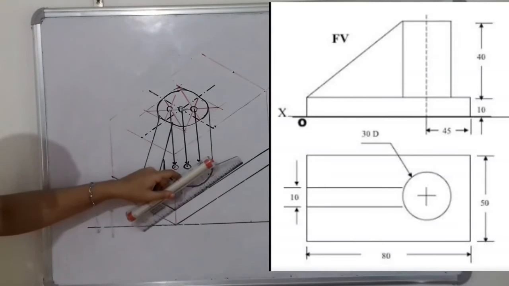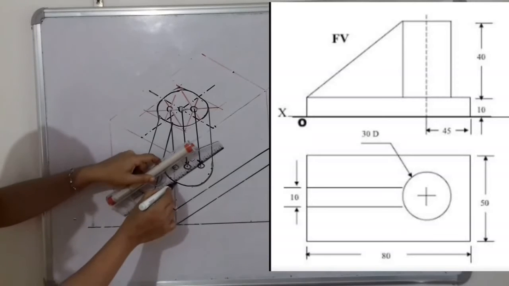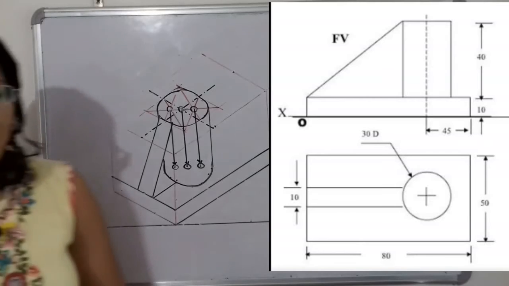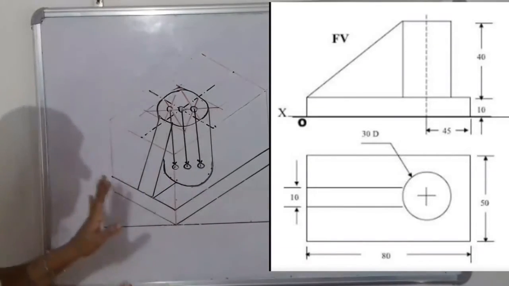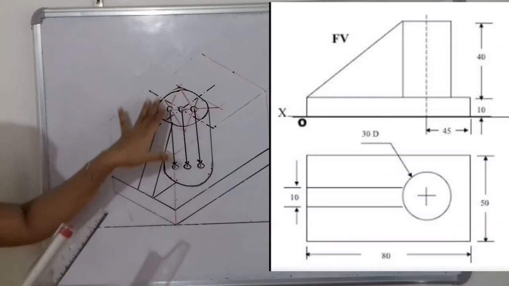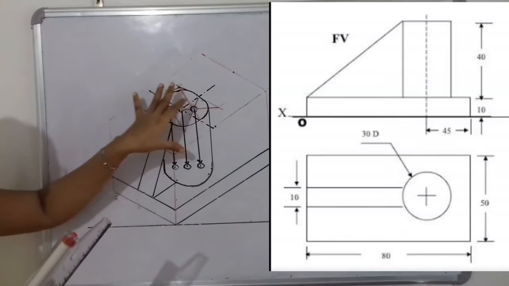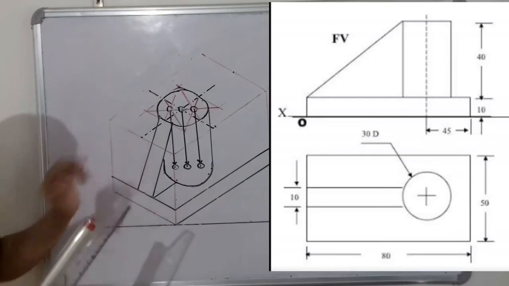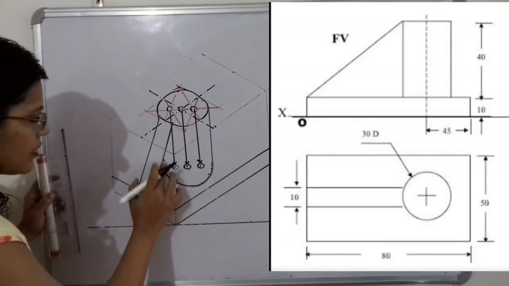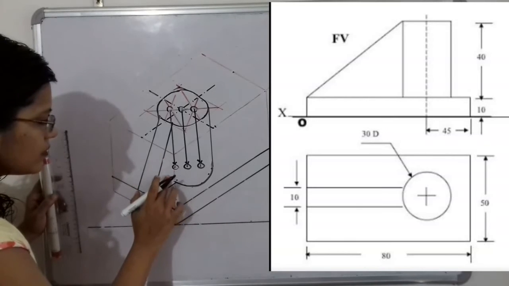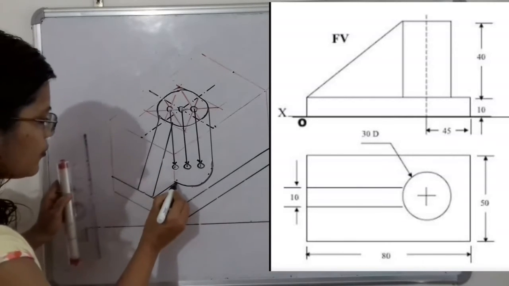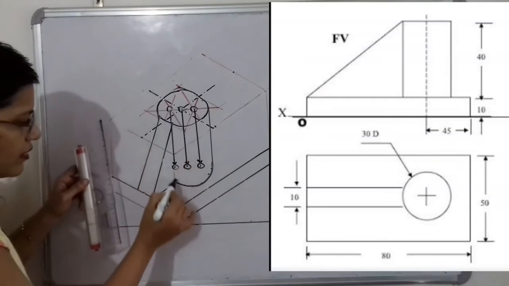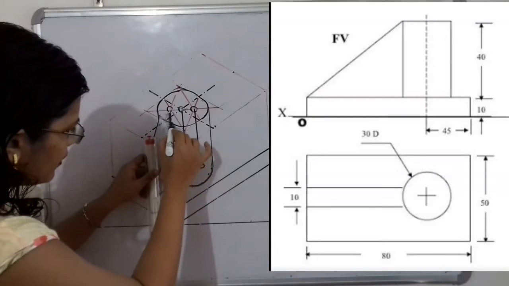Now we will complete it, the slope. So here in this way the slope is getting completed. Now we will highlight the part of construction. So how to highlight the part of construction? So here is the construction of circle is getting completed. Here is the slope that we can show with the help of this construction. So if we observe here, because of the slope, this part of the circle cannot be seen. So up to this point only we can see, because we will join the start point here up to this point. So now I will join this.